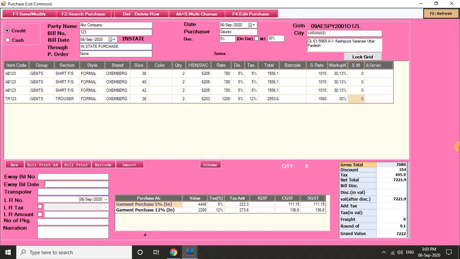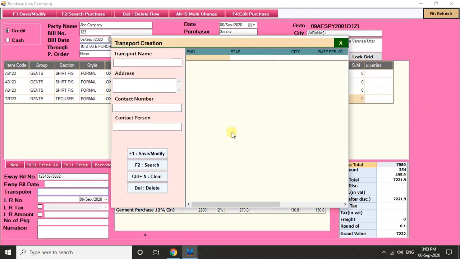We will click enter. Now we could match the value of the product here. We could write the eBay bill number, which of the product, eBay bill date. Hope it's clear to you. Transporter. If transporter doesn't exist, just press the Alt C button. Following window appears, we will create the transporter.